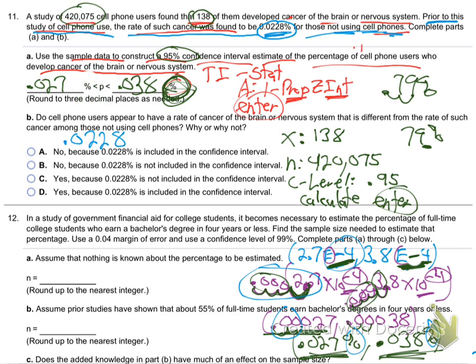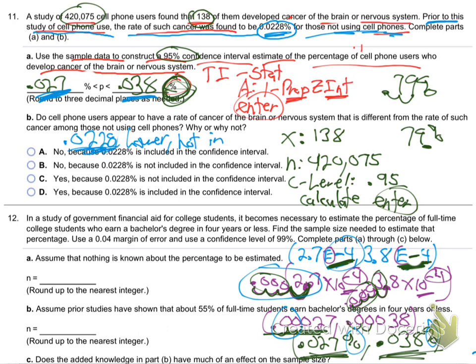Well, 0.027 is bigger than 0.022. If it confuses you, just cut off the 8 here, or make it a 2.3, whatever. It's 0.022. This is 0.027 and 0.038. They're both bigger. So 0.0228, that's a lower number,